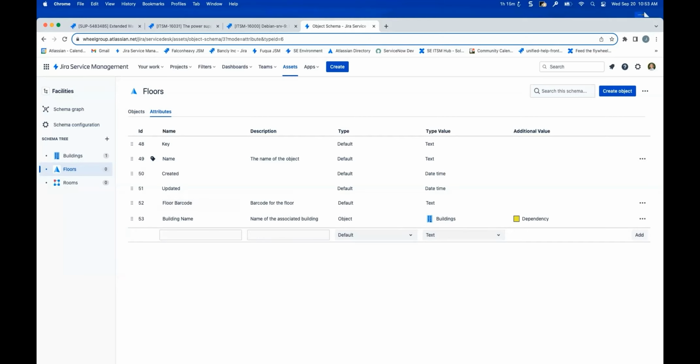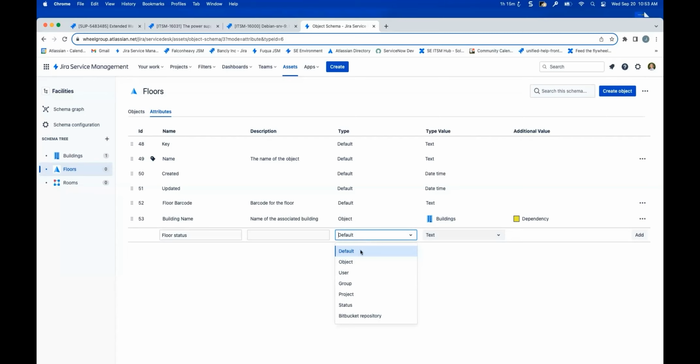Maybe we need to add an attribute for status. We're doing a lot of remodeling up in San Francisco, and we want to put in a floor status because we may have a floor that's shut down for right now, and that'd be helpful for us to know if we're in facilities and we're thinking about having a conference room available for other teams. So we're going to have floor status, and this also gives us an opportunity to talk about the different types of attributes we can define.